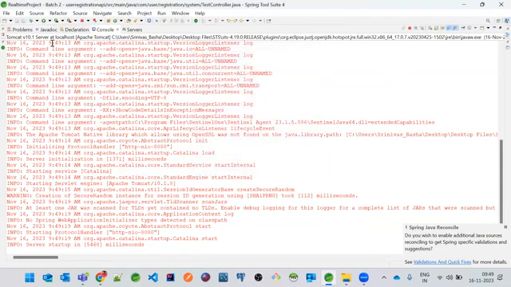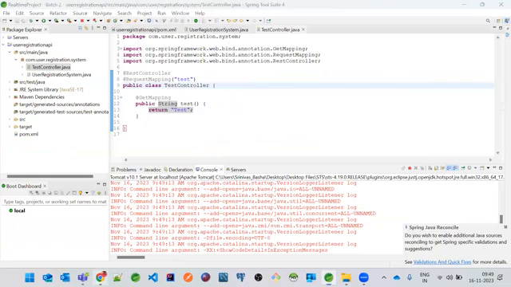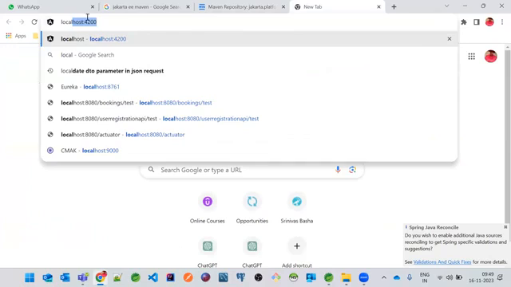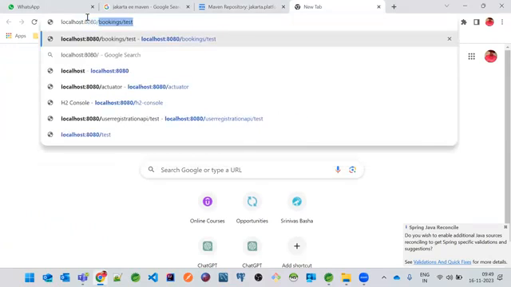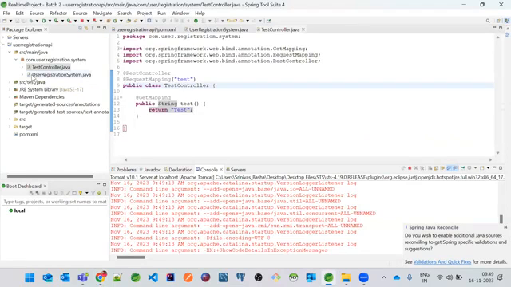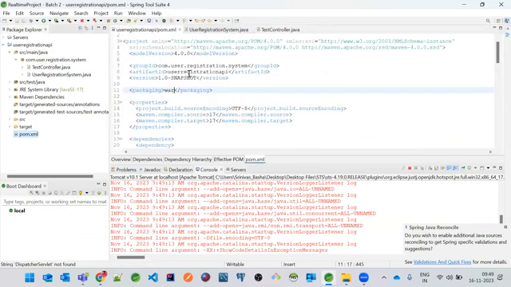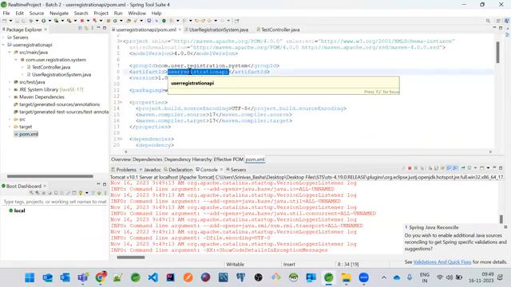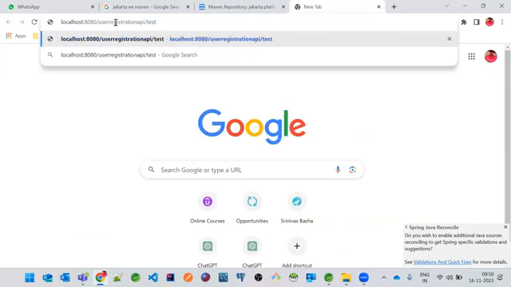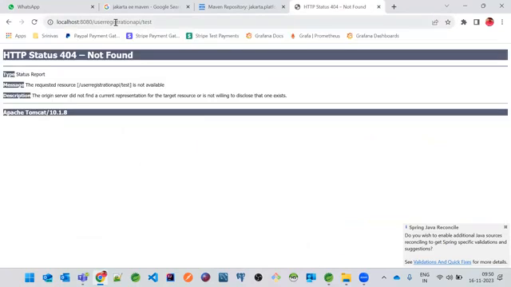Okay, let me tell you what will happen when I run this application. So let me go to this and open the localhost 8080/. We cannot give directly the test because since it is a Java Maven web project. So if you just see this pom.xml, there is something called an artifact ID. So you need to see this artifact ID and then paste it over here /test. Then only it will work. But right now, there is no servlet configured, first of all. Okay, so if I just enter this, you'll get 404.